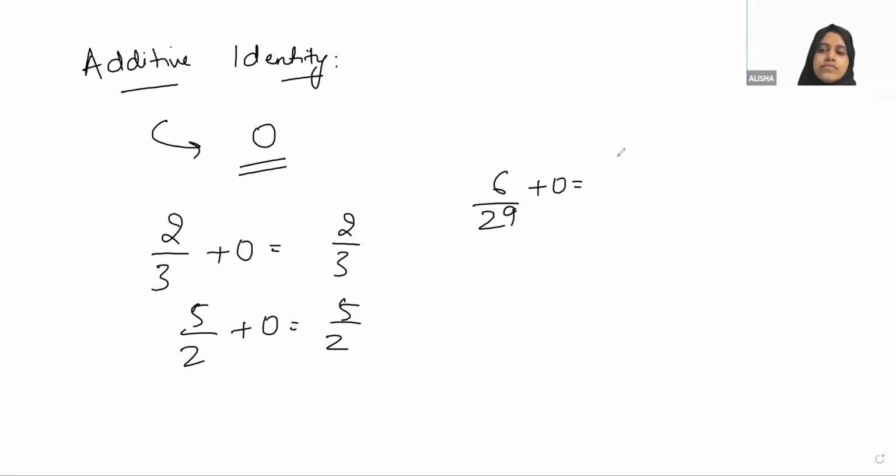How much? 6 by 29, the same. 6 by 6 by 29, 20, right? So we have seen that